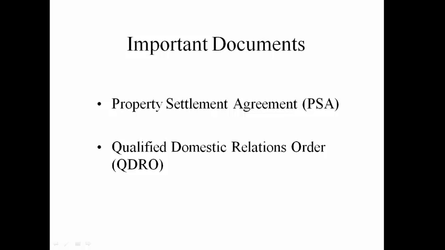So here's an example. Let's say we have a very simple division. We have a 401k plan. The QDRO will state the how and the when the account will be split between the two parties and when the distribution will take place to the non-participant spouse. That could be as soon as it's drafted, as soon as it's entered in the court, or it could happen later when the participant gets his distribution. So let's go forward.